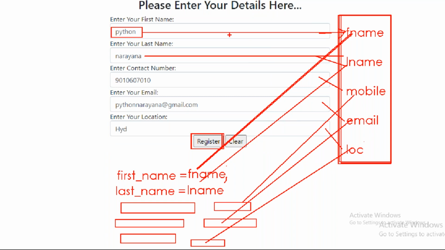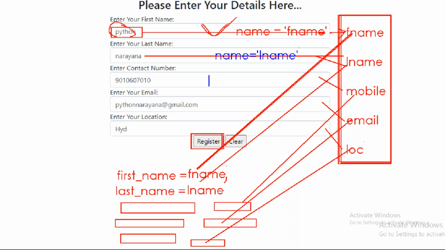In the HTML file, for every input box, guys, whatever they are giving, there I read one variable. I go to this input box and read name equal to f name, like that, guys. That's enough. Next, coming to this input box, this input tag. What do I read there again? Name equal to which name? Variable name. What's the name here? l name, like this, guys.